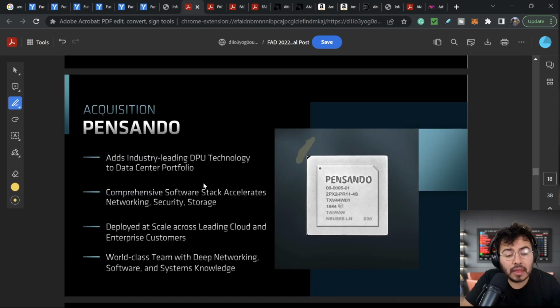So again, then they did another acquisition. The second acquisition was a smaller acquisition recently, and this was Pensando. Pensando is a big player in what is called the DPU, and this is a data processing unit. What a DPU ends up doing is, let's say you have a server, right? You have a CPU. A CPU is pretty much the brain of a computer. Whenever you get a task, your brain functions, right? And it functions really well. But sometimes you might have an overload, right?